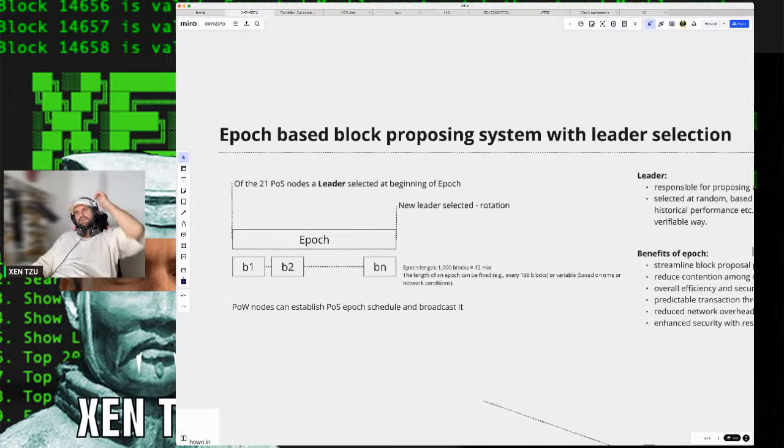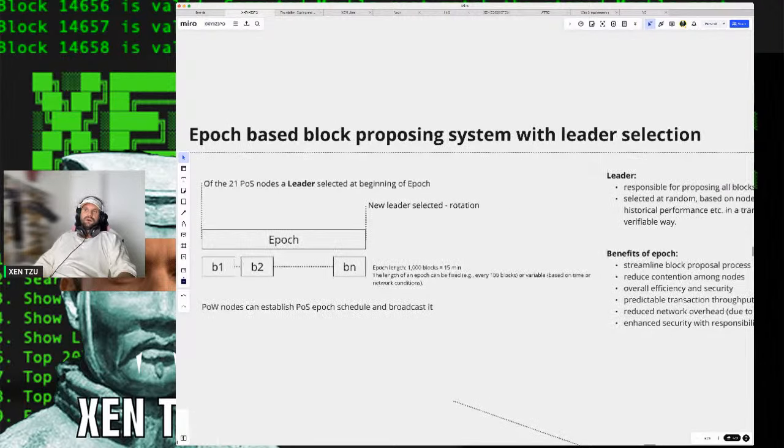So you can take the block proposing part and create an epoch with it. So one epoch is a number of lightweight blocks. This is if you want to make the process even more efficient. So you elect a leader out of this 21. You're now just going deeper and deeper into how much you can scrutinize or dissect in the efficiency matrix. So yeah, you elect a leader to be the block proposer for all blocks at the beginning of an epoch,